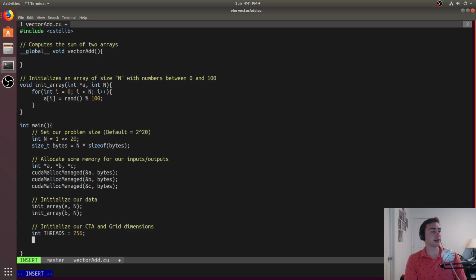Then we have our grid. Our grid is a little bit more interesting, or rather the number of blocks we want to launch. In this case, at least for the default case, it's pretty easy. If we want to do 2 to the 20 elements, how many blocks do we need to launch? Well, that's just going to be in divided by threads. And because in is a power of 2 and 256 is a power of 2,